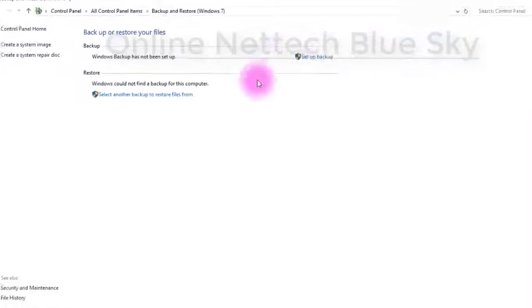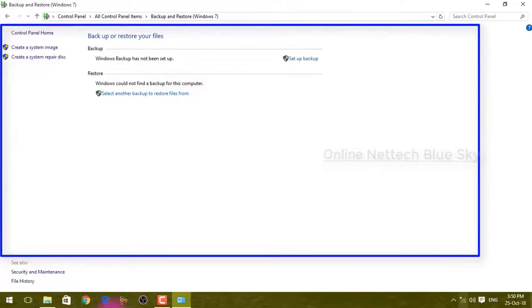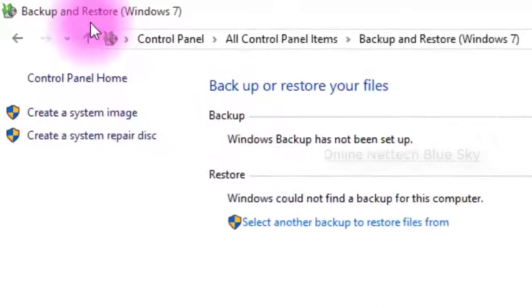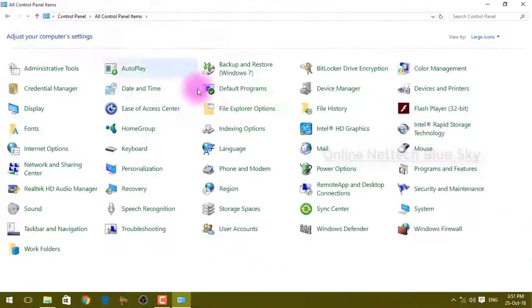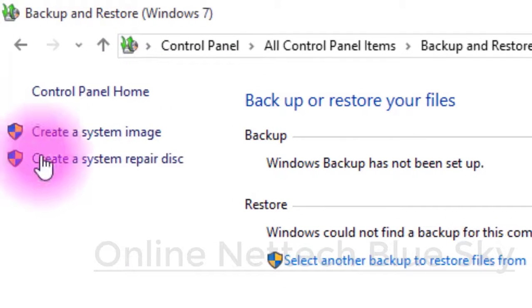So you can see the backup and restore options here. Click on this tab showing here. We are just talking about the local computer only, not server-client options and not using server systems here. In the Backup and Restore tab, you can see two options available: create a system image and create a system repair disk. What is the difference? I will discuss it in this video.